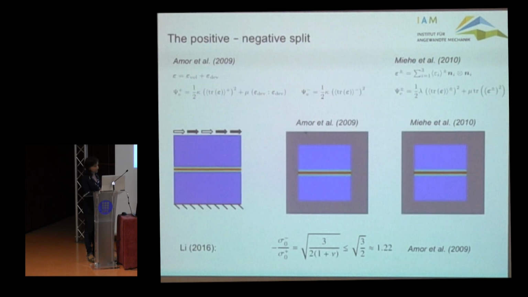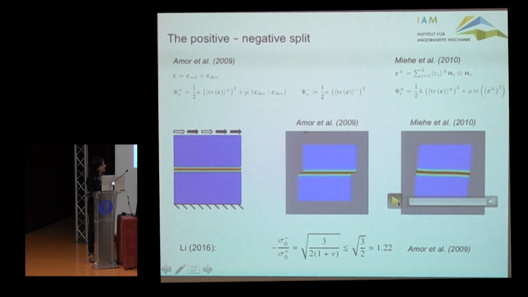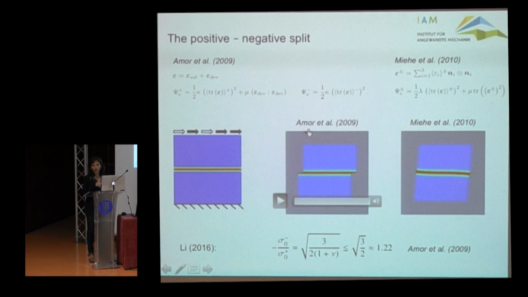The second issue is the issue of the positive-negative split. Now imagine you have a specimen where you have a full crack that is fully formed. So the specimen is basically made of 2 pieces, and then you displace the upper part horizontally. Now if you use the split by Amor et al., then results are what you expect. So you have rigid body motion, but if you use the split by Miehe, you will still have spurious deformations, which means if you use this split in more complex situations, there will be spurious shear stresses just due to this effect. On the other hand, one can say, okay, then let's all use the split by Amor et al.